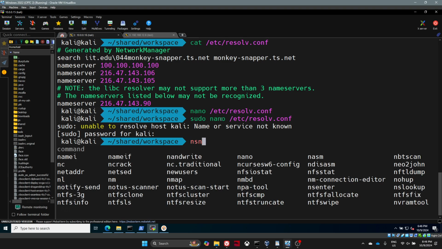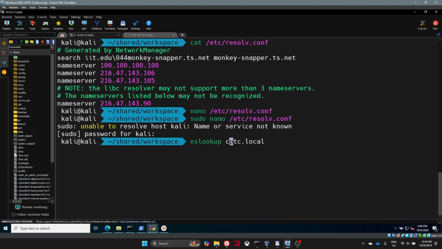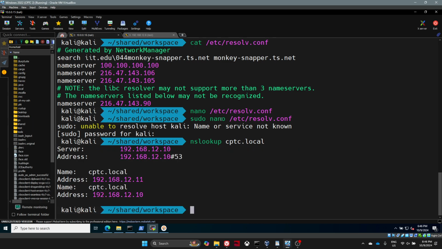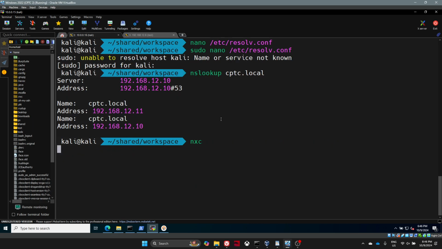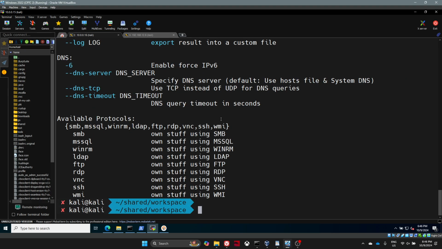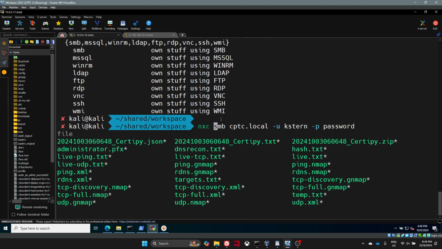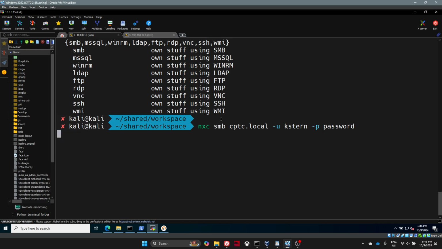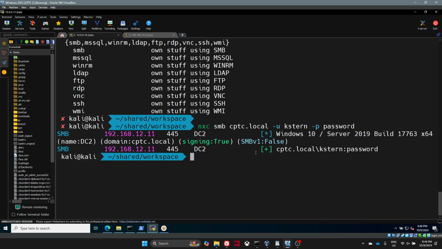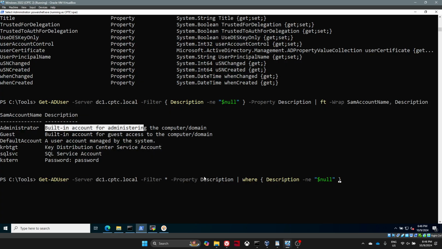Now look up cptc.local. Yes. Now if I run netexec, that should work. Not just netexec, but I have to actually do that. There we go. Okay, so we have the plus sign, so we validated that that password works, right? Okay, sorry for the detour there. All right, anyway,